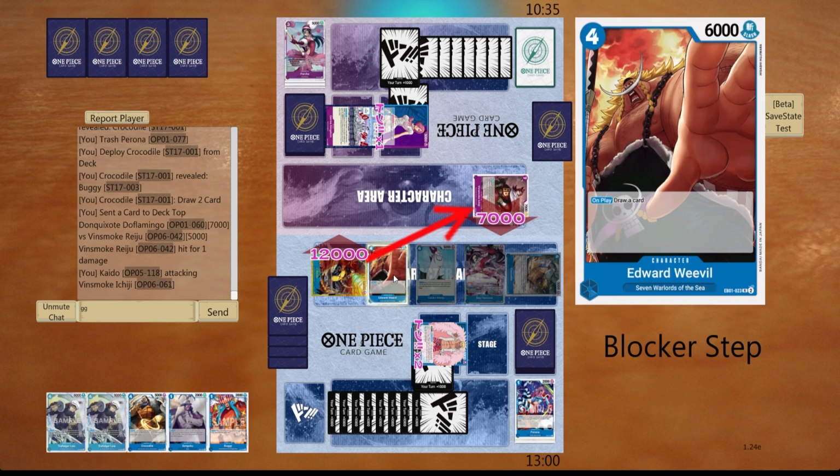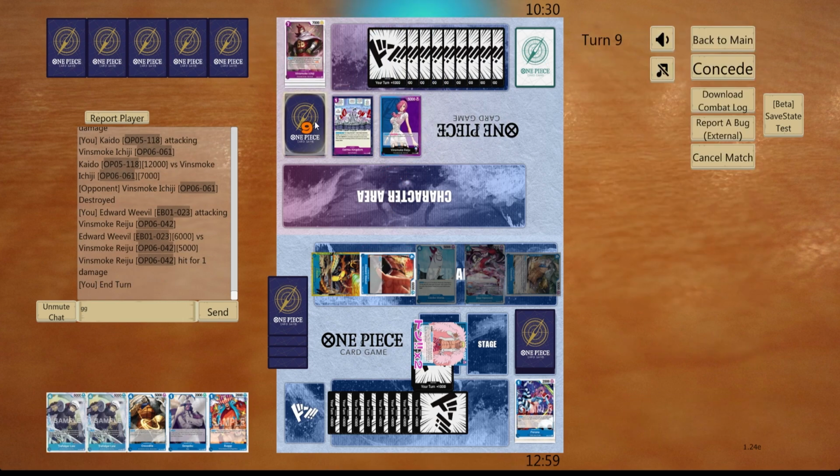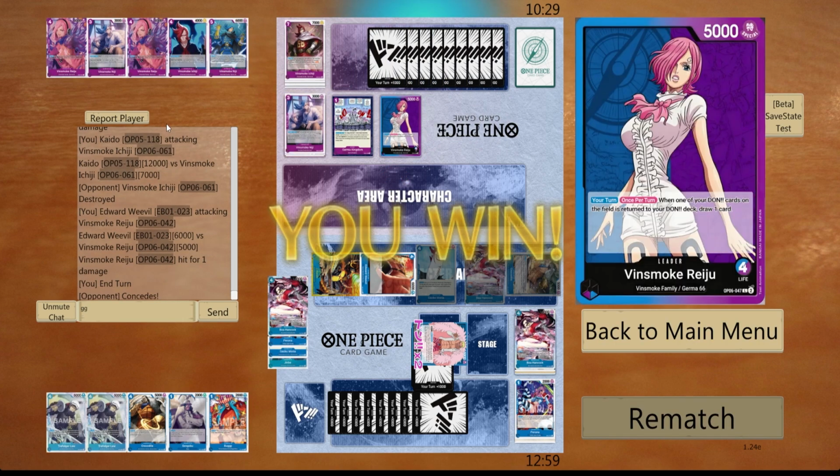We'll take out the Ichiji now. And then we'll go as another 6. Okay, so yeah, we have, not a flawless victory, but still a pretty